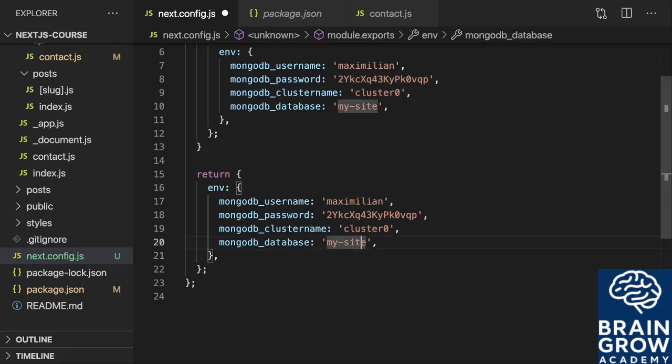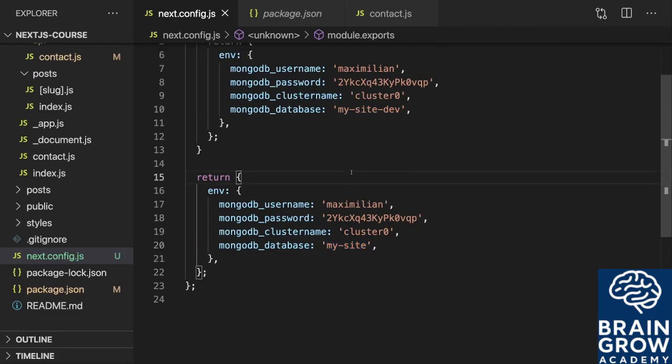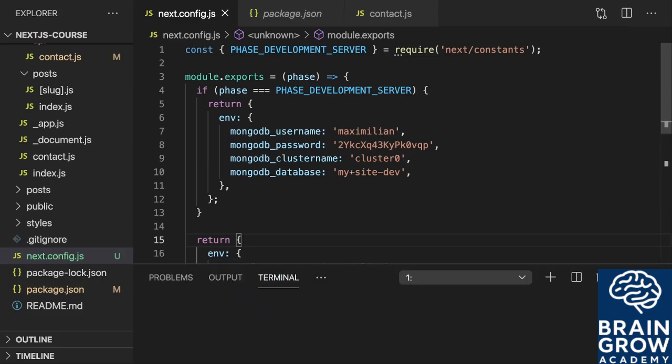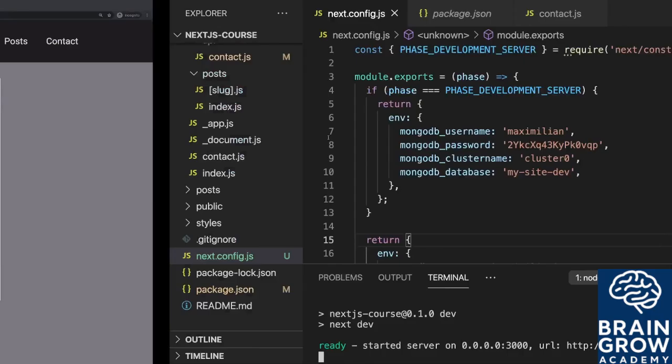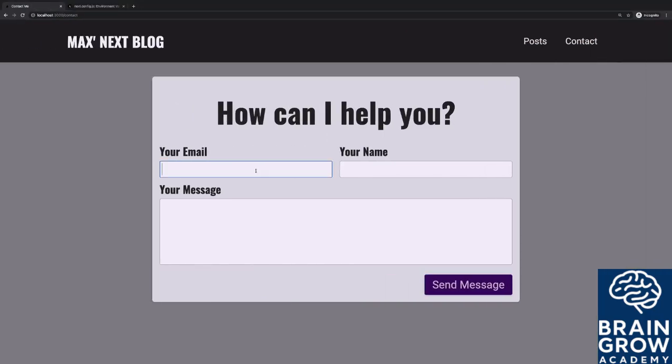For example, I could use a different database. I could say here, I'm not using my site, but my site dev during development, and then I use my site in production. If we change everything like that and we save this file, if I start the development server again with npm run dev, then we'll see that if I reload this context page and I now do test this again,